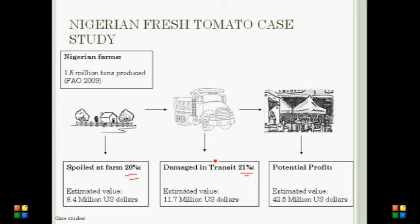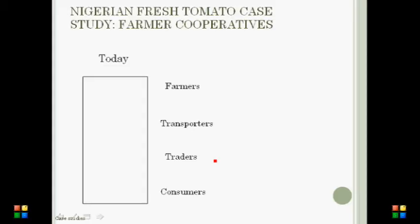If we were able to make that product arrive at the markets, if they were able to realize less waste values, I mean, there's a potential profit there of $42 million. So there's significant spoilage across the chain here, and a real opportunity for reductions to be made. So if we go back to this idea of channel power, we see that it's very hard to define it